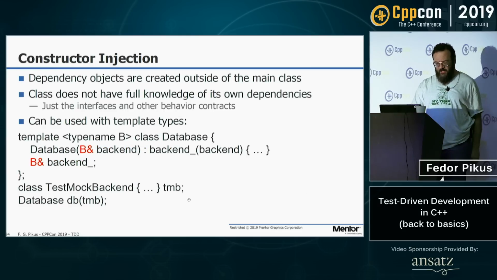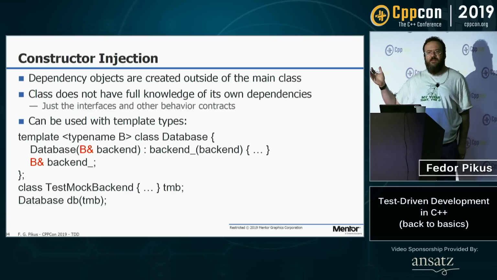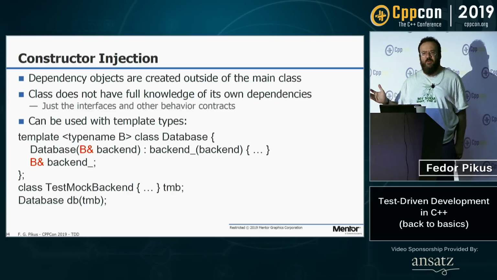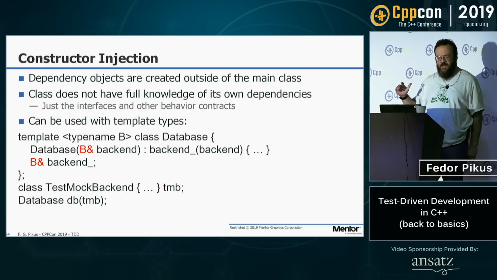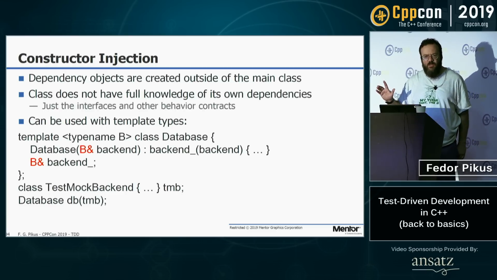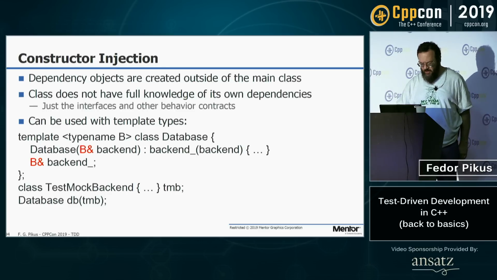You can also do it with template types, of course. Now, why would you do it with template types? With template types, you can just construct it in the object, knowing the type. Well, that's true if you're constructing it with the same arguments. Maybe my testing double needs additional arguments. Then, even though the type has been changed by instantiating the template differently, I still need to pass the specific instance of the test double, so it has the additional arguments that the database doesn't know about.